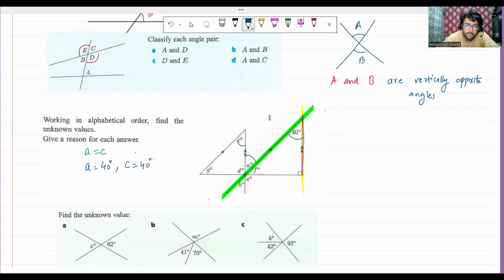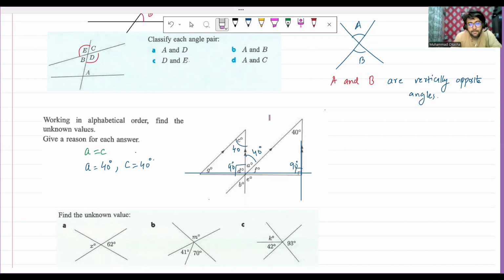Let me write this over here. C is 40 and A is 40. What else? I think we can already tell this if this is parallel, right? And if this is making an angle of 90 degrees with the bottom, then this angle should also be 90 degrees, right? So you can say that angle D is equal to 90 degrees. Okay, let's put this over here,